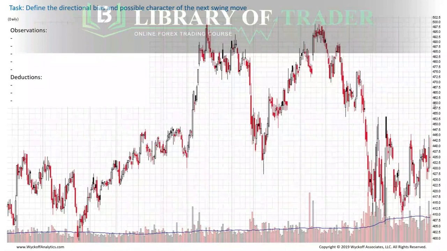All right, guys, let's see what you think about this structure. Is this an accumulation or a distribution? Okay, Dmitry, are you saying that this is a distribution? Just let me know. Okay, I see. All right. Last call. Okay, so all of you are saying that this is a distribution.